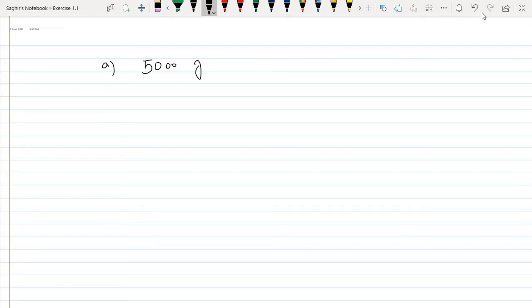What are prefixes? The words or letters used just before the unit are called prefixes. Point is here. If I shift the point to the first non-zero digit, then I get 5 multiplied by 10 raised to power plus 3. As you know that kilo is equal to 10 raised to power 3. So here I get 5 kg. This is the answer.